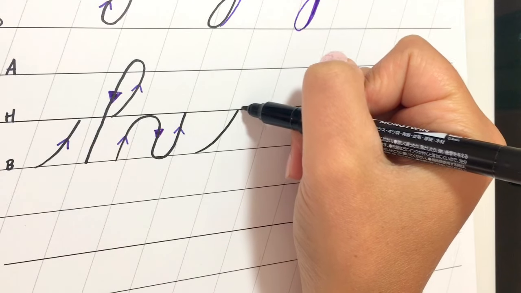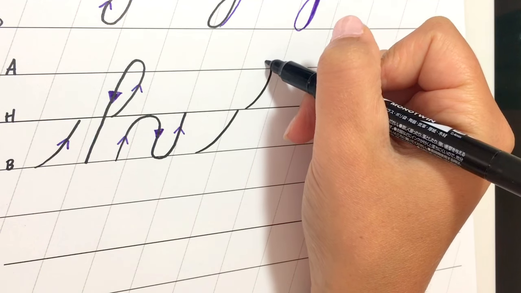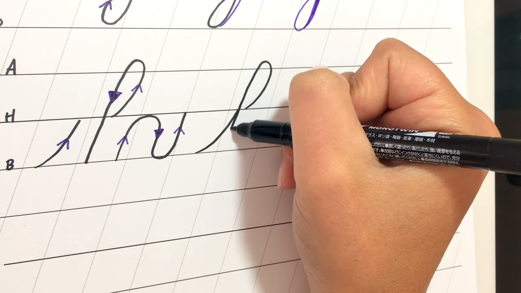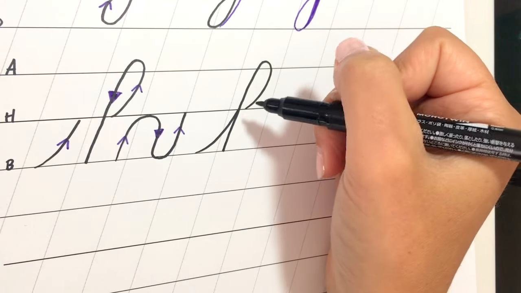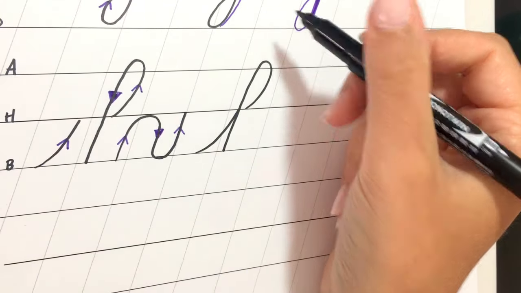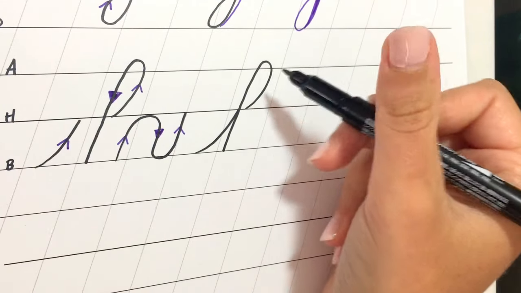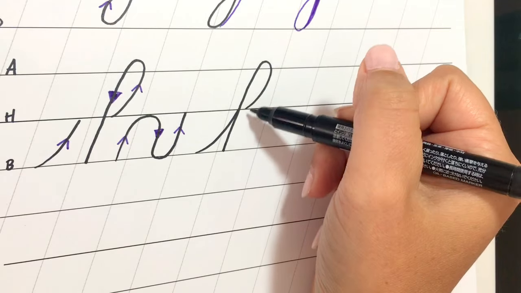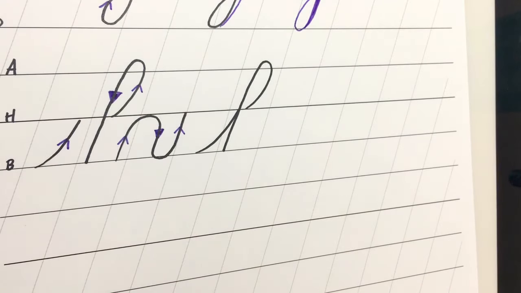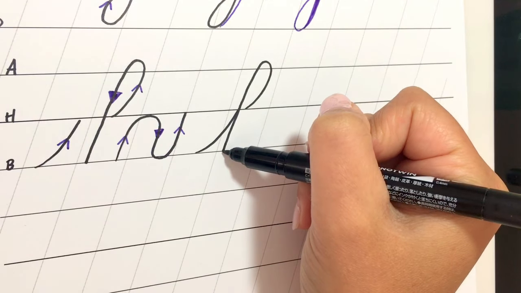I'm going to leave a gap so that I can come back in with this shading. And then when we make the compound curve, so this is kind of like the exit stroke of the F, or part of the second variation of the B that we went over, when I make the compound curve, I'm going to leave a little bit of a gap